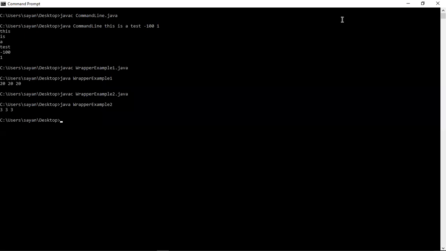So this is what I just discussed. This should be the output. So this is how autoboxing and unboxing take place. Autoboxing actually means automatically converting a primitive data type and giving it an object appearance, and unboxing means automatically converting the object and getting back its original primitive data type. So this is the main function of using a wrapper class in a program.